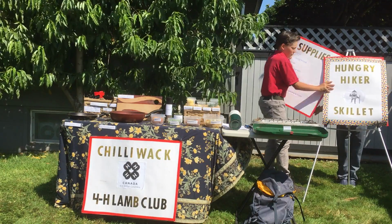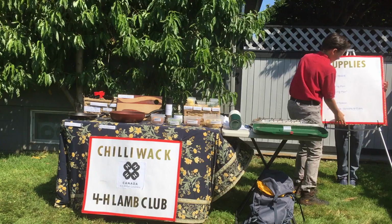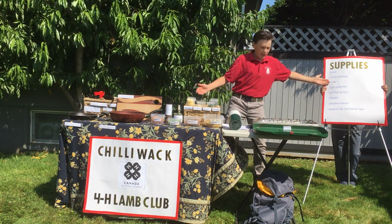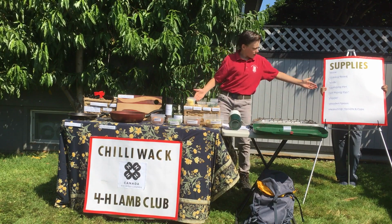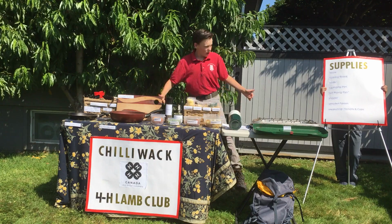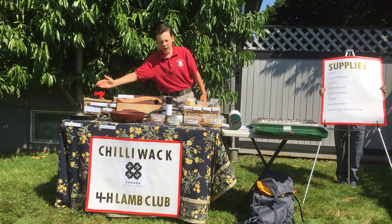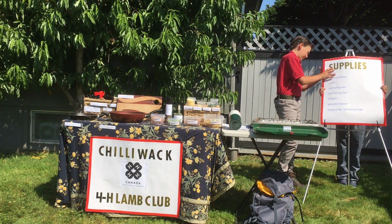The supplies we are going to need are a stove, a cutting board, a knife for chopping, a large frying pan, a small frying pan, a flipper, a wooden spoon, and measuring spoons and cups. The ingredients we will need are